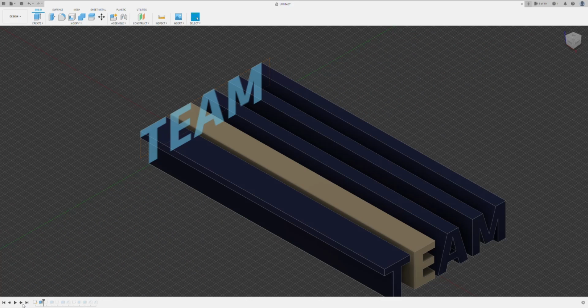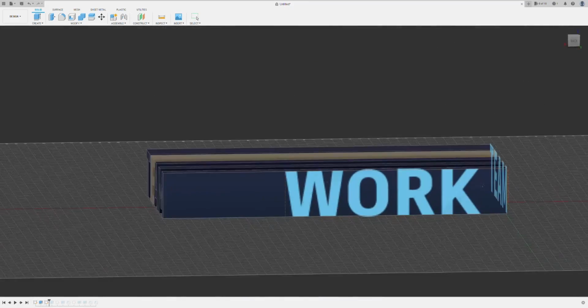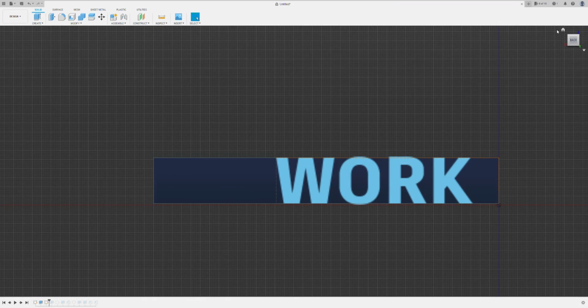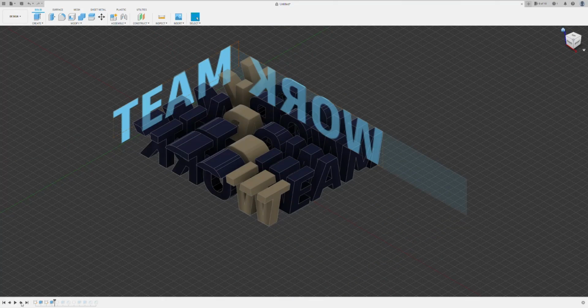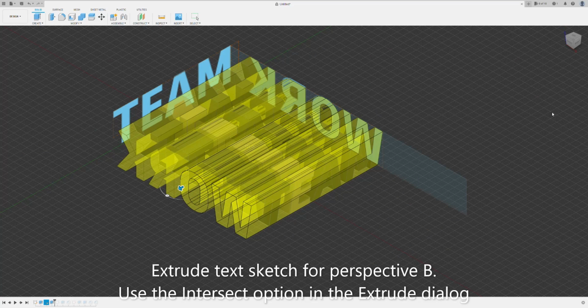square. Once you have the first perspective extruded, you're going to create a new sketch on a second perspective 90 degrees offset from the first perspective. So if you used the front plane, you'll use the right plane, and vice versa. Once you've done that, you'll extrude your second perspective sketch using the intersect option at the bottom of the extrude